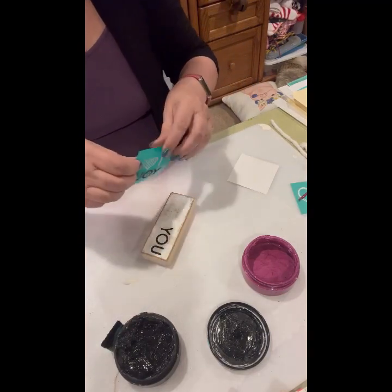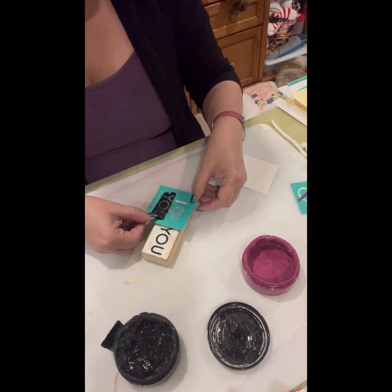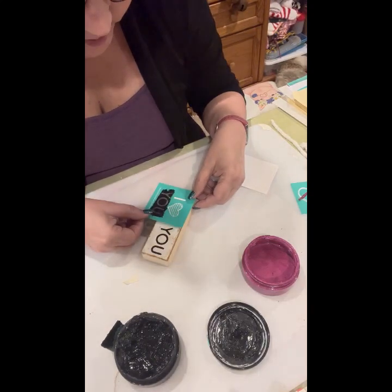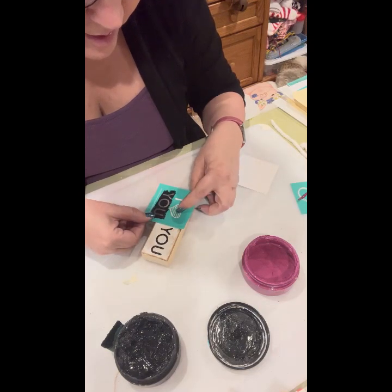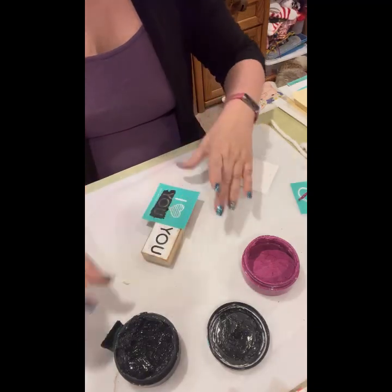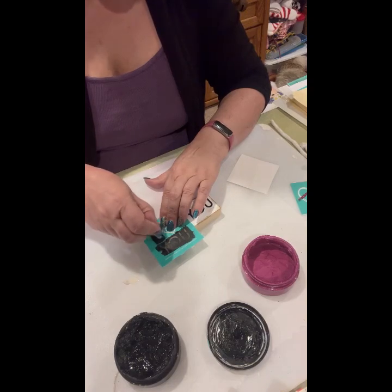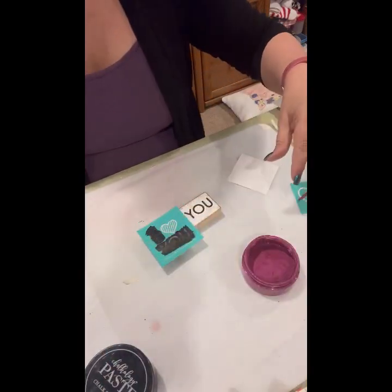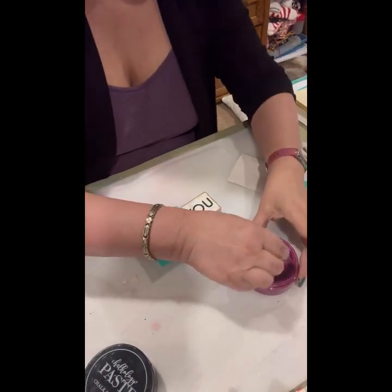Pick that up. Just move it over here. Now that's still wet, but the hard part is going to be lining that up. I don't have the bottom of the block anymore. Okay, I think that's pretty good. All right, I'm going to do the eye in black. Just scrape off the extra. Put the lid on there. Where's my other squeegee? Here we go. Get some orchid